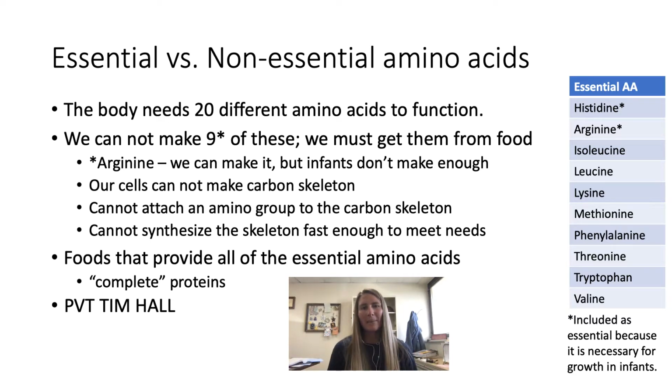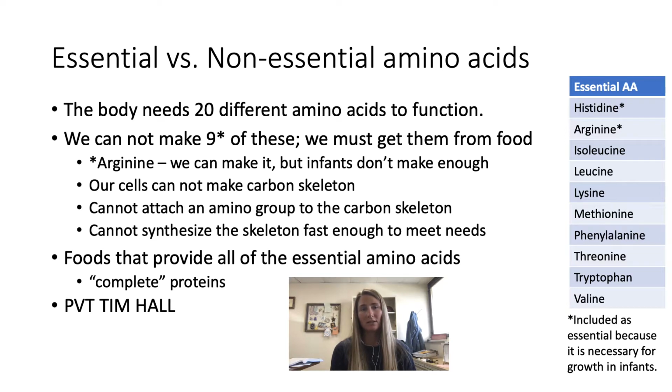When we think about amino acids, remember the body has 20 amino acids that we use to function. There are what we call essential and non-essential amino acids. Essential meaning we must consume them with our food. So we cannot make those essential amino acids. Our body cannot do that by itself. So we have to consume foods that provide us those essential amino acids. The non-essential amino acids means we could sit here and not eat a thing and our body would still make